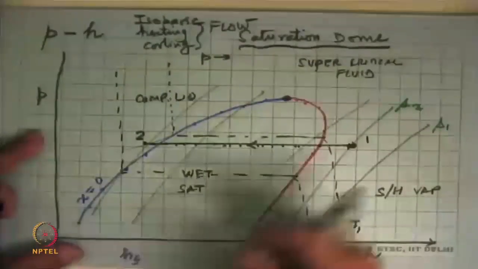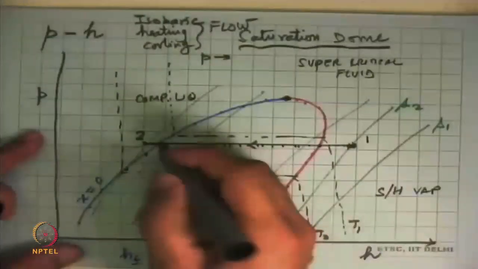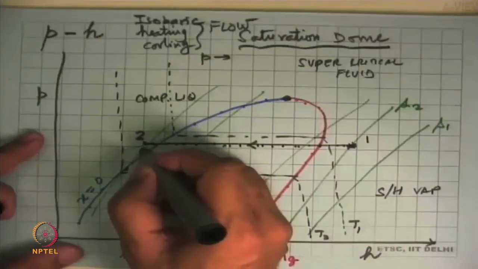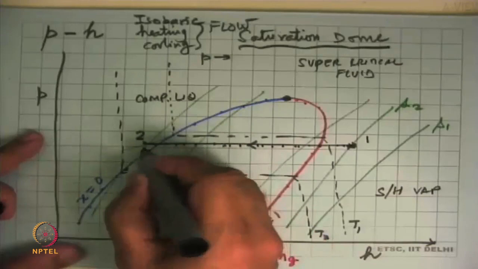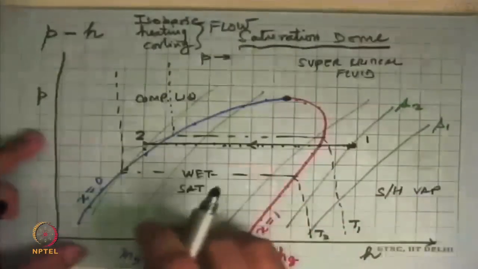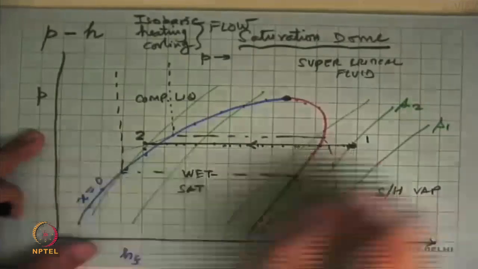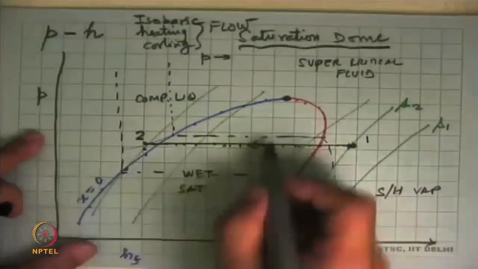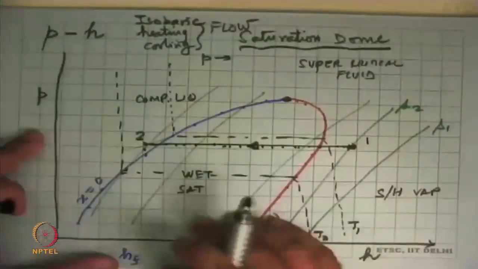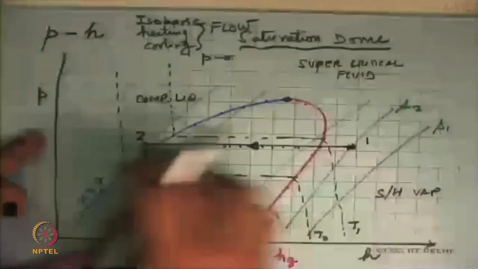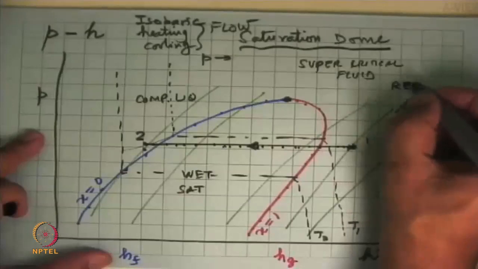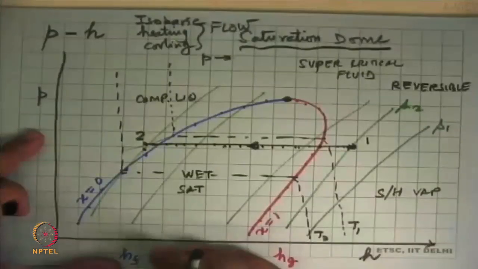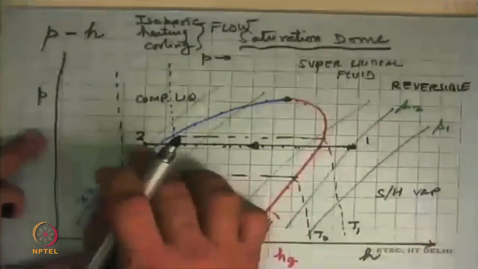What the real process will do, there will be some pressure drop along this line, so the final state will be at a pressure slightly below this pressure. So we can say that it came somewhere there, and so this line would be somewhat off from here. That's how we show a state on these state diagrams, and we show a line with an arrow to depict what is the process. A solid line means that this is a reversible process. If the process is irreversible, this will have to be a dotted line.